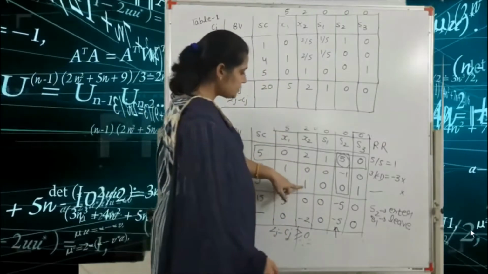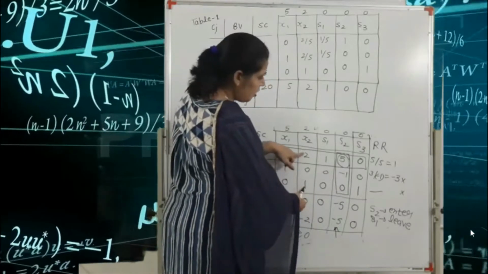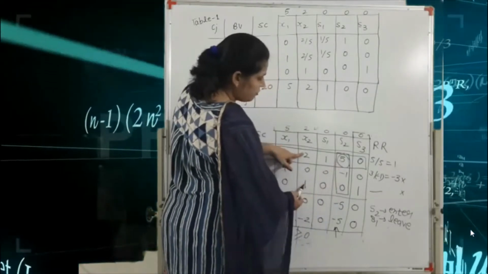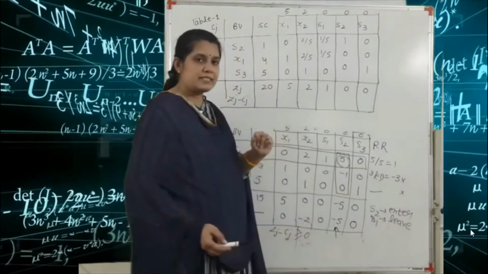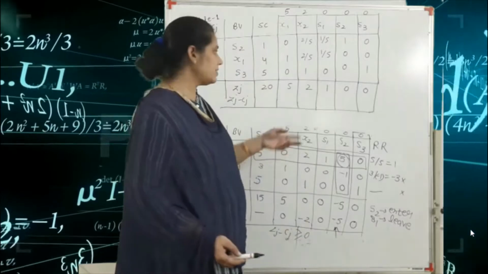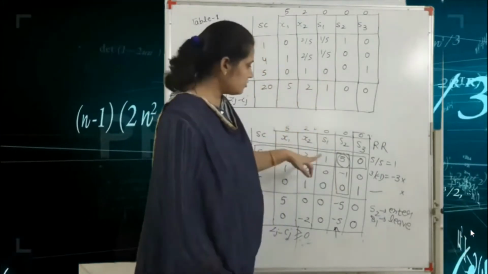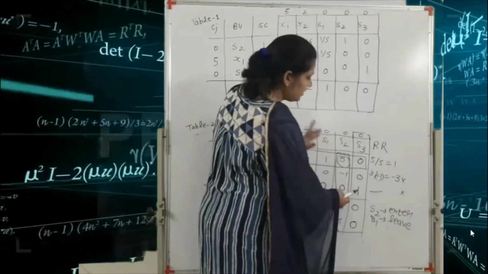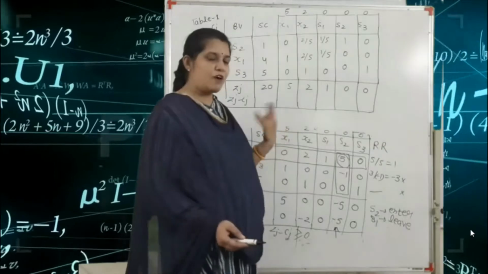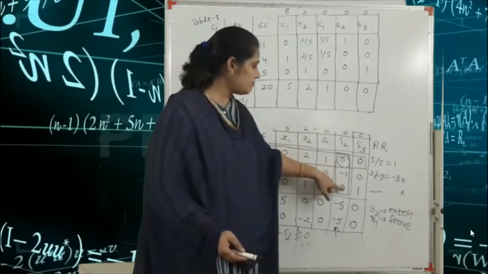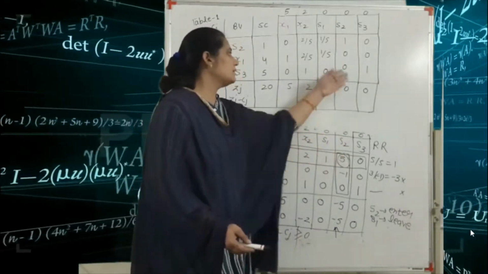Got it? Next one is the 1. So 5 into 1 that means 5. So the determinant is 2 into 0. So 5 into 1 that means 5 minus 2 into 0 that means 0. So 5 divided by the key number, so we get the 1 value. Here already we write 0. So next one is the 5 into 1 that means 5 minus 0 into 0 that means 0. So 5 divided by the key number, so we get the 1 value.